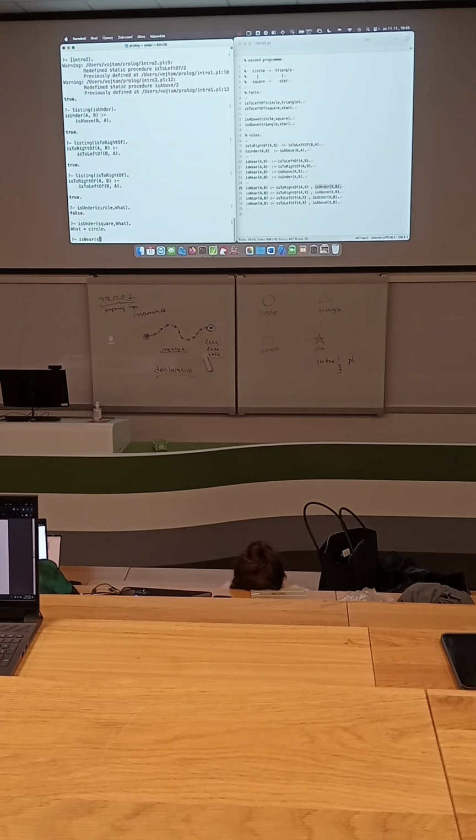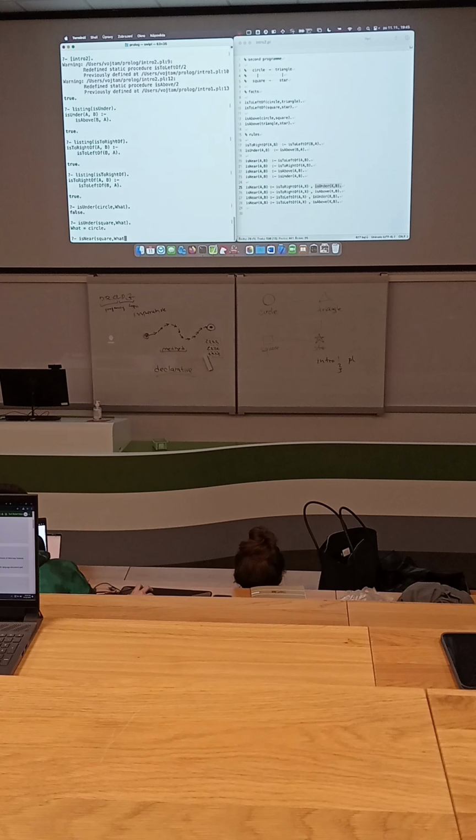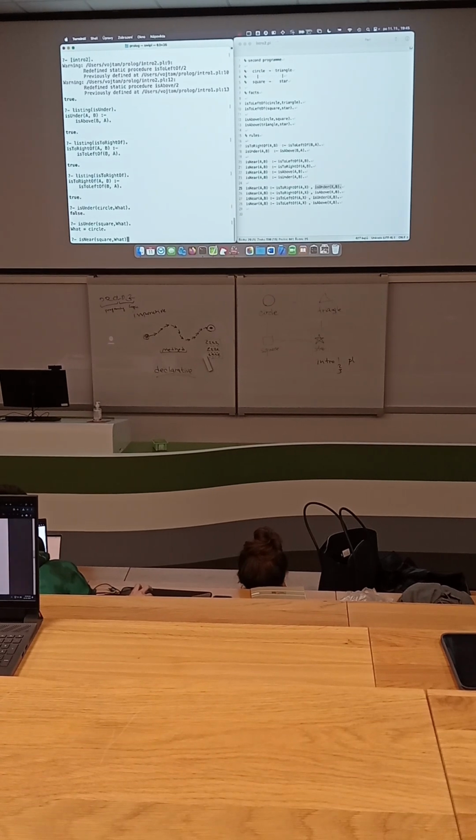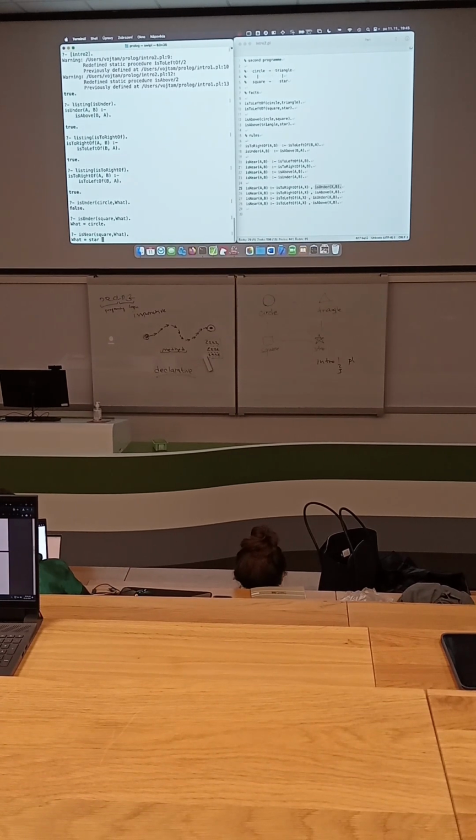So square what? Star, Y. Star is right of square.